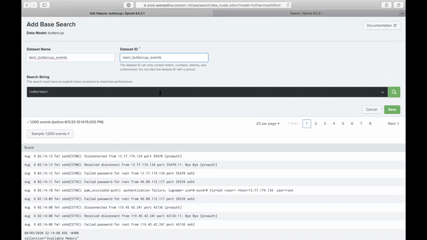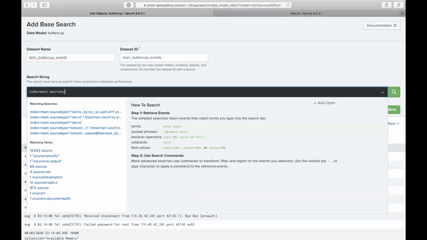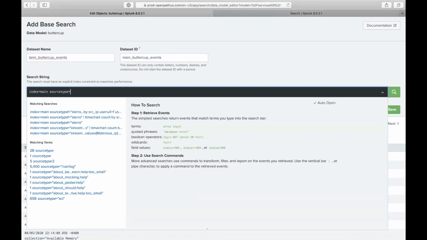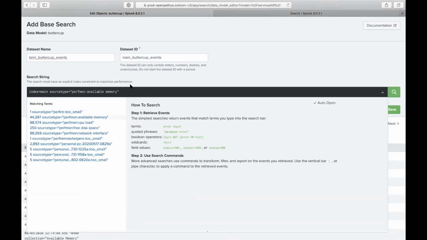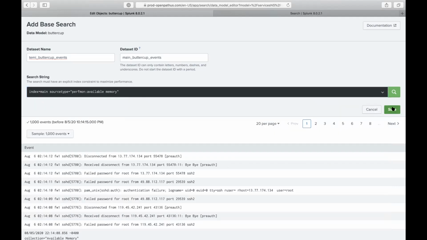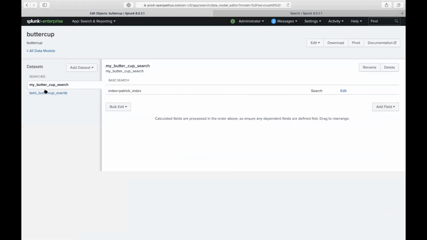So now we'll do equals perfmon. Let's do available memory, right? Let's just grab that. Just something silly. So now you see you have two root events, and then you can add child events to these separately. So you can be as granular as possible or as wide encompassing as possible. The danger with being wide encompassing, meaning that you have a search that goes willy-nilly everywhere, is that